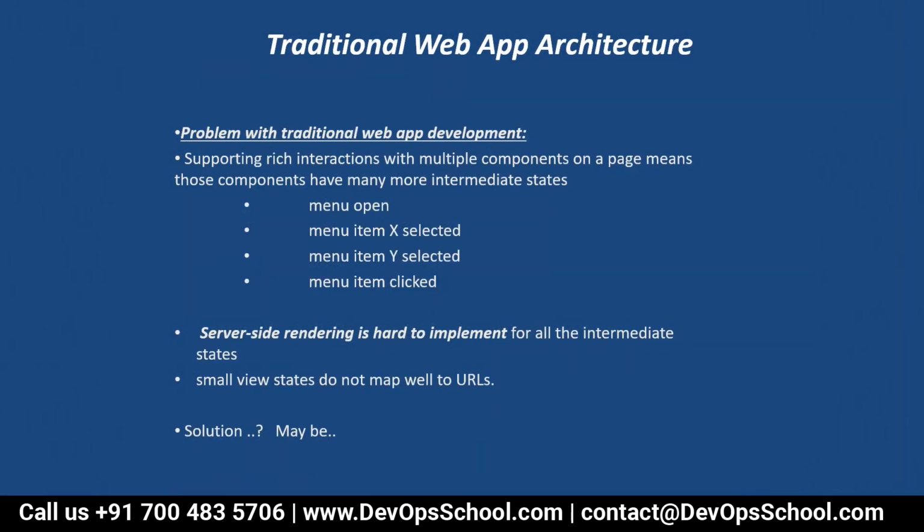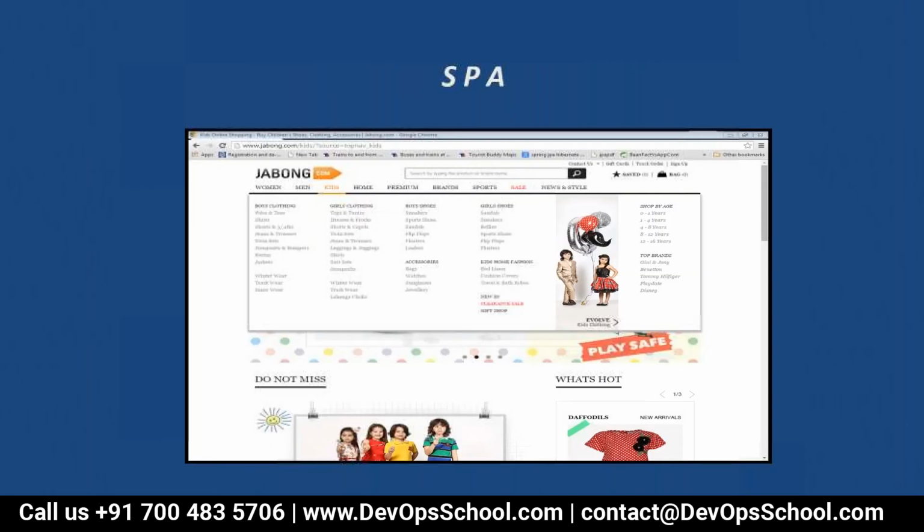Now consider one more thing. We want to go with the traditional approach where the dynamic response will be generated on the server side. Still, for each and every request, for each and every interaction of the user, the request should be made to the server. Now consider this particular website or view, where the user is interacting with any of these items. A request should be made to the server for each and every interaction of the user.